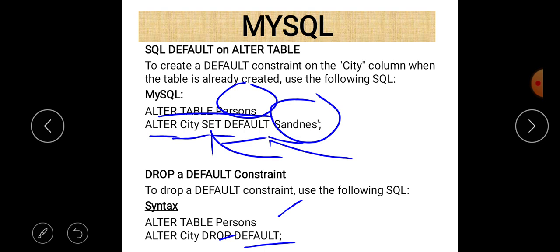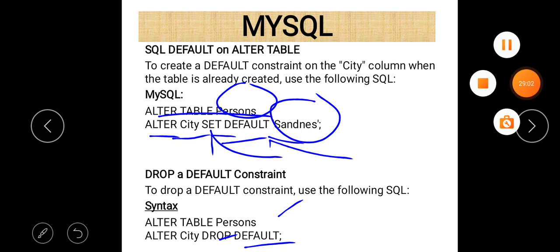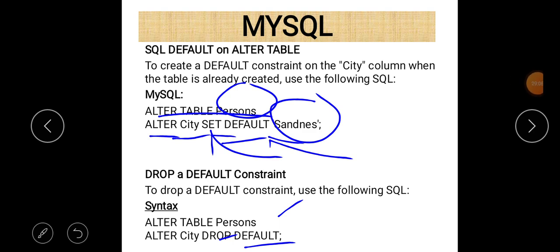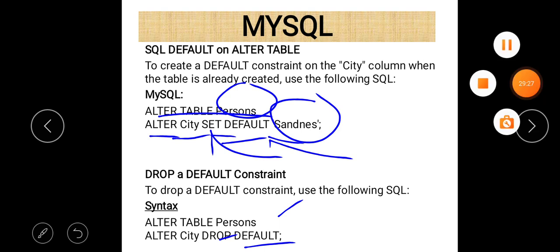It may be asked in your examination in any way. So try to add or delete different constraints using the alter table statement. It will help you a lot.